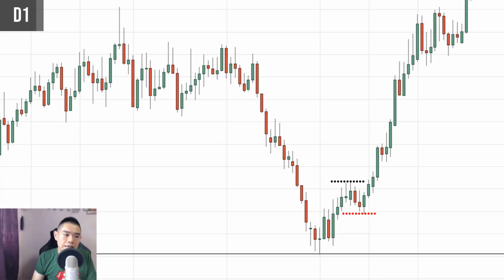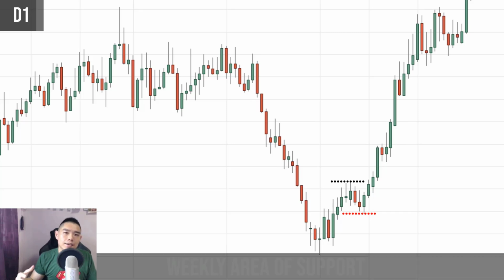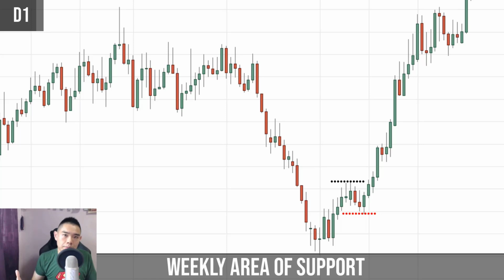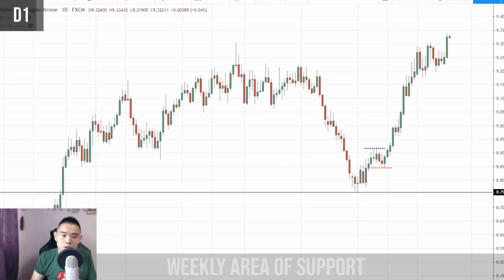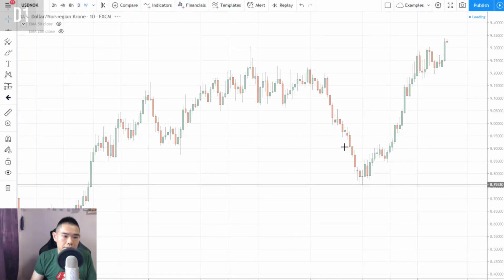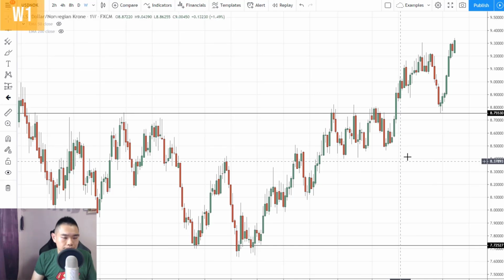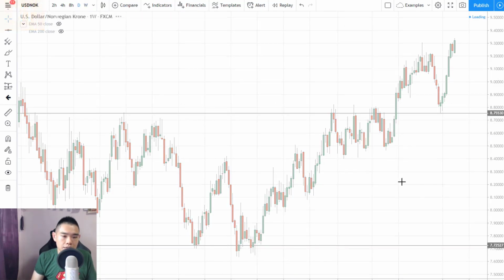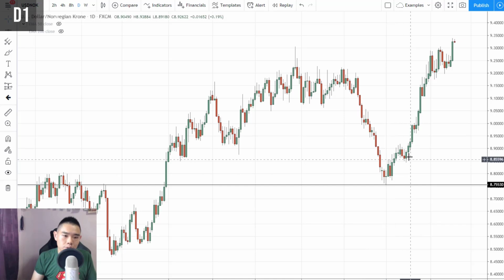And on top of it, you're leaning against this area of support on the weekly time frame. And on top of it, you saw earlier on the higher time frame, the weekly time frame, it's in an overall uptrend. Let me show you this overall uptrend on the weekly time frame. There you have it. This is the weekly time frame, and this is the daily time frame. So can you see the significance of this break of structure technique